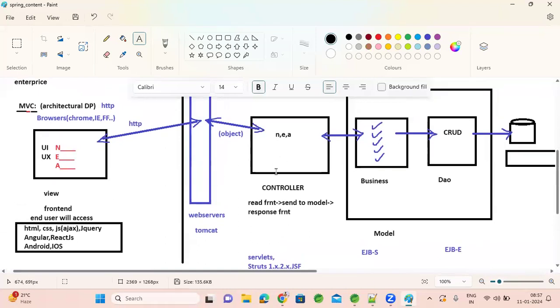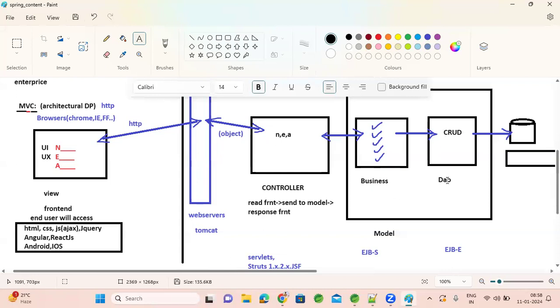You will put controller classes into a controller folder, business classes into a business folder, DAO classes into a DAO folder. So if I newly join this application, I can go to the controller package and understand that these classes are helping the front end. I can visit the business package and understand these classes are for business purposes.